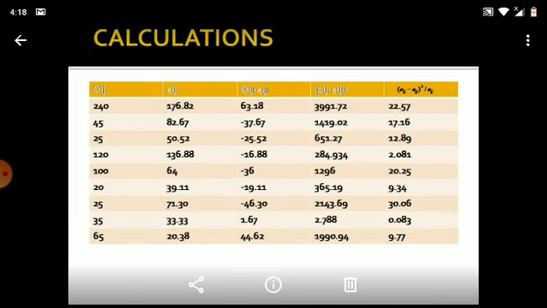After that you have to subtract EIJ from OIJ, and as I have subtracted and made the column of OIJ minus EIJ. 240 minus 176.82, 63.18 is the answer. Then you have to take the square of the value, that is 63.18 का हमने square ले लिया, and then divide your answer by the corresponding expected frequency, that is 176.82.